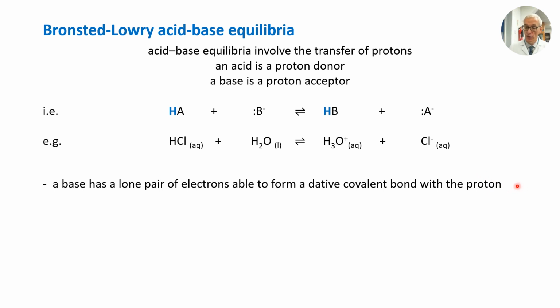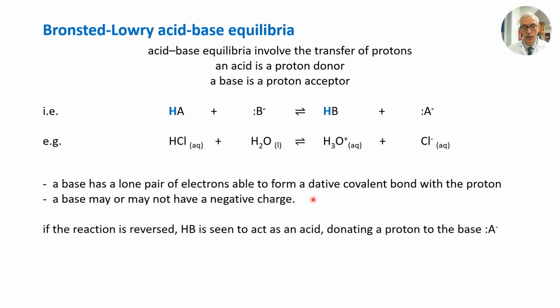So, of course, what's distinctive of the base is the presence of a lone pair of electrons, so that can form a dative covalent bond with a proton. In the two equations, we can see that a base may or may not have a negative charge. The crucial thing is that it has a lone pair of electrons able to form a dative covalent bond with the proton. Now, if the reaction is reversed, we can see that HB in the reverse direction is donating a proton to A-. So HB becomes B- in the reverse reaction, and A- accepts a proton